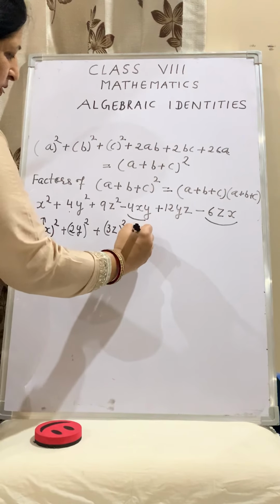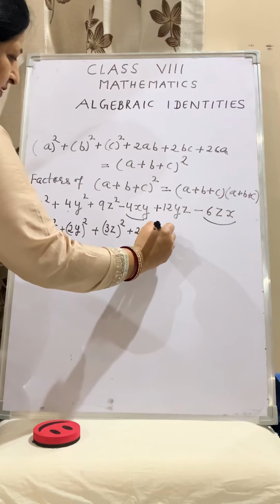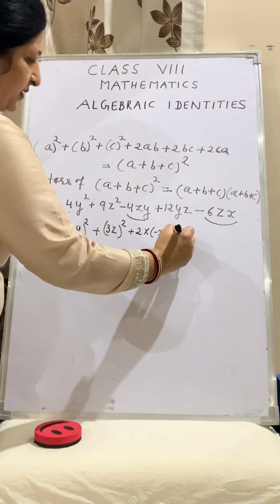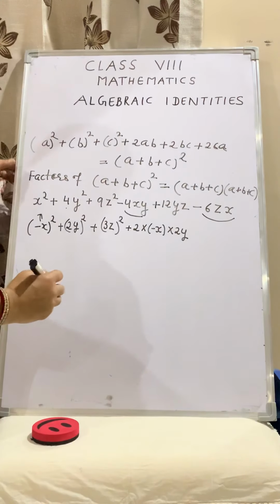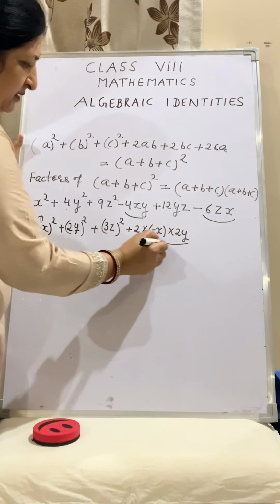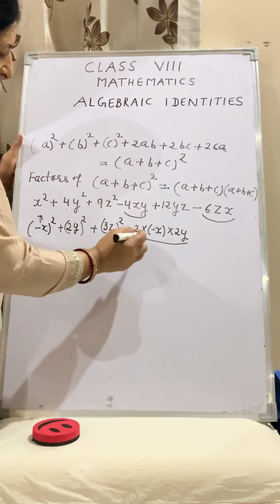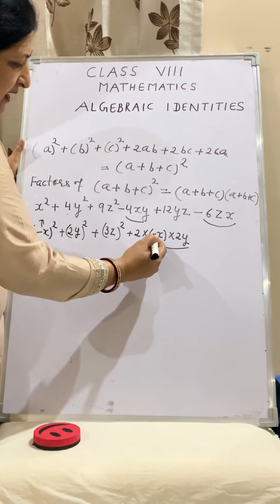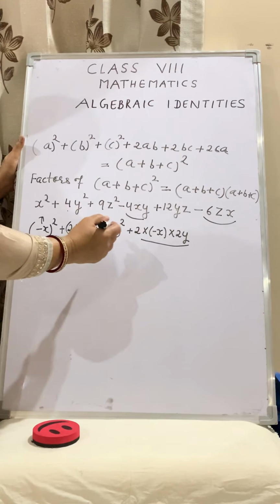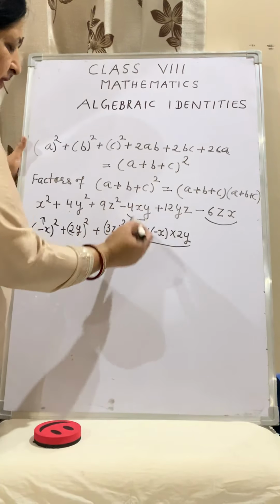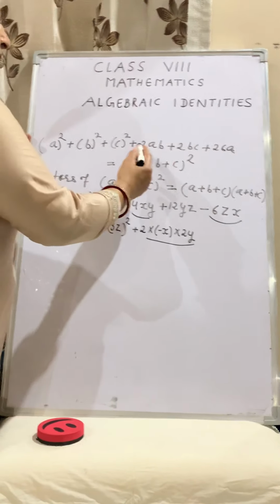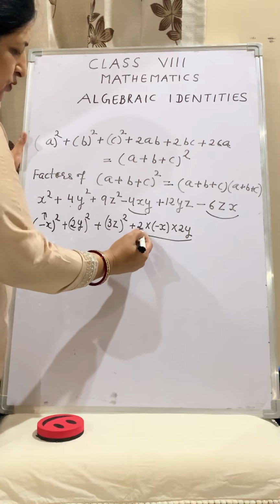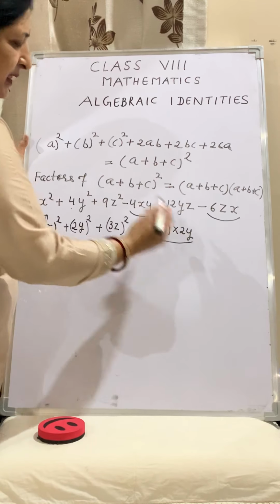Plus 2 multiplied by first, you have to write in bracket, multiplied by second. When we solve it, it is negative 4xy. When we multiply these three, the answer will be negative because the negative sign is there one time. So we have to write minus 4xy in the form of the identity plus 2ab. We have to write plus 2 multiplied by first multiplied by second.